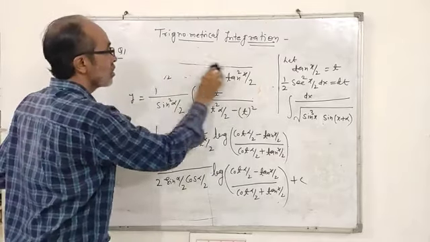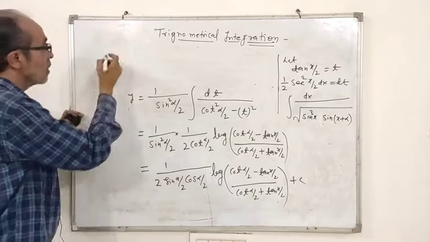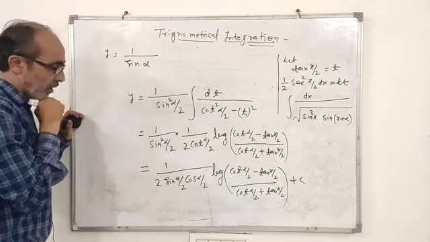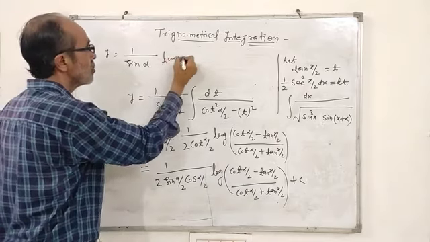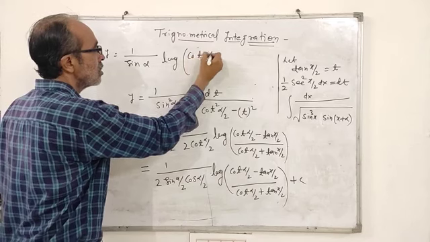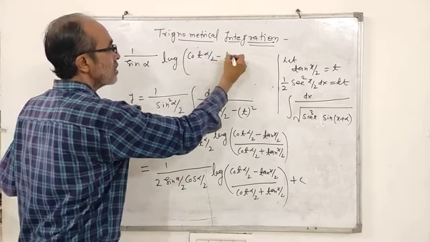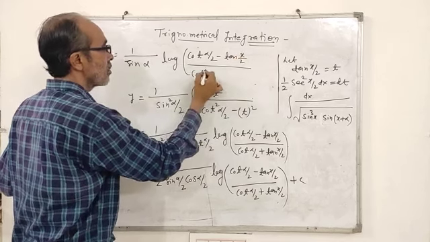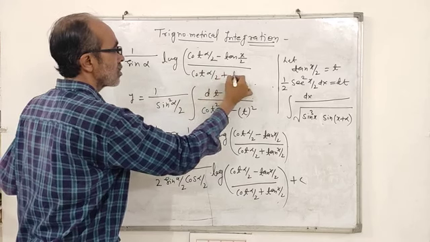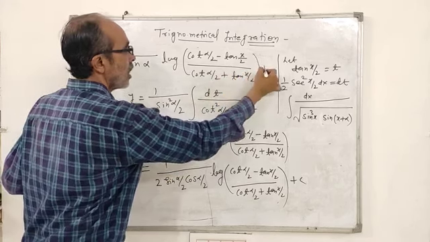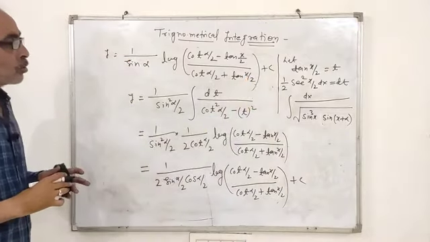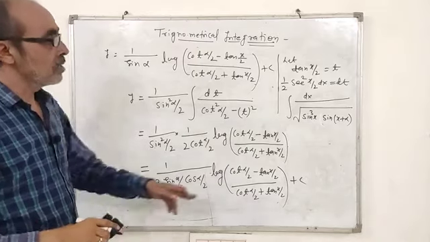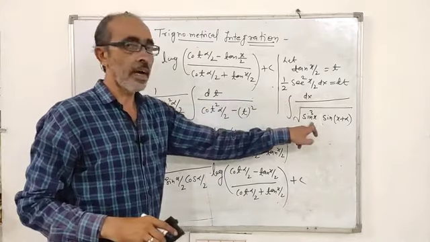So the final answer is: the integral is equal to 1 upon sin alpha log of (cot alpha by 2 minus tan x by 2) divided by (cot alpha by 2 plus tan x by 2), plus the integral constant c. So this is a very important question, and question number 2 is